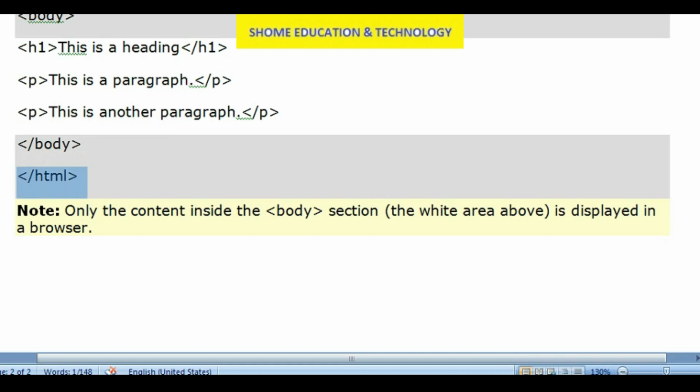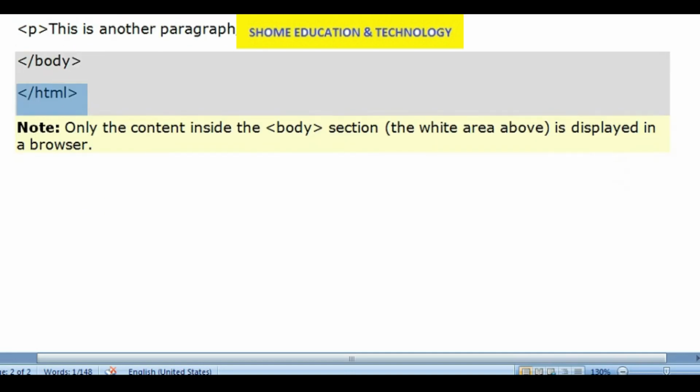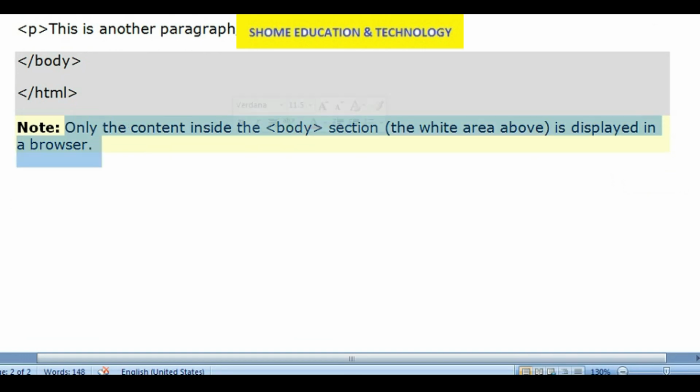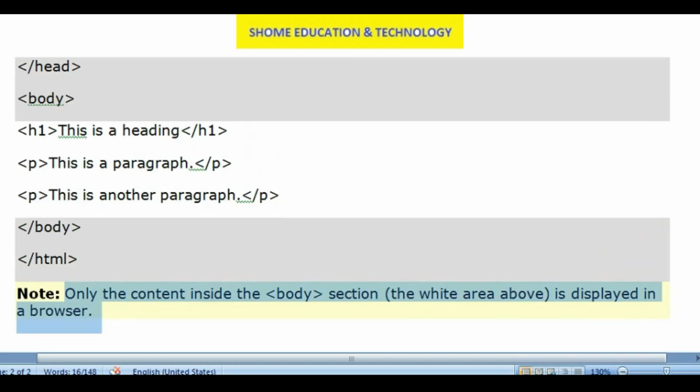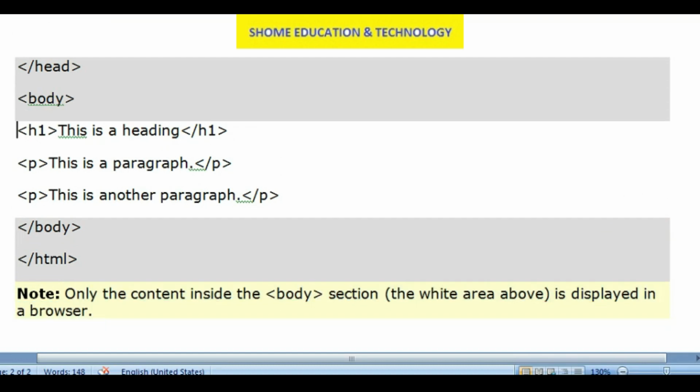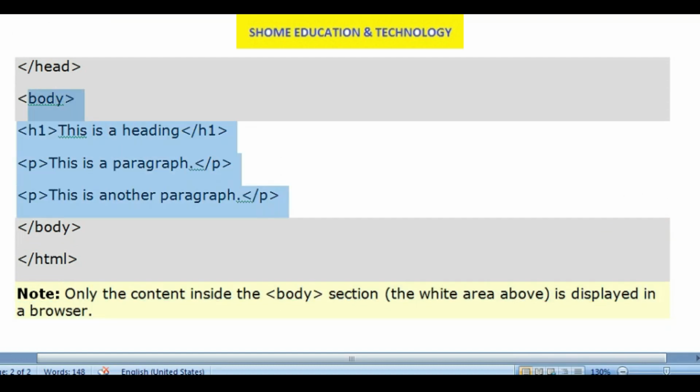Which tag has a start should have an end tag also. Now the special note is that only the content inside the body section is displayed in a browser. In the browser we will see only the body portion, what we have written in the body portion.